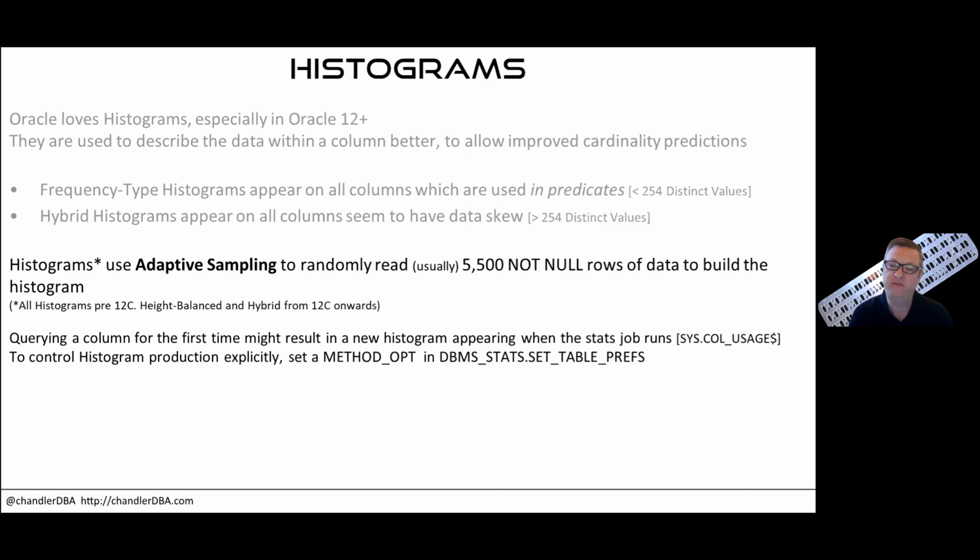You also might find you get histograms appearing a bit at random. If you query a column for the first time, that might result in a new histogram appearing. And so it might even just be a DBA querying a particular column a couple of times just to check something out. You might suddenly start getting histograms on that, which can cause stats gathering problems if you're using partitioning. And